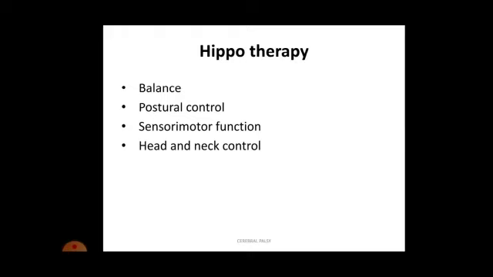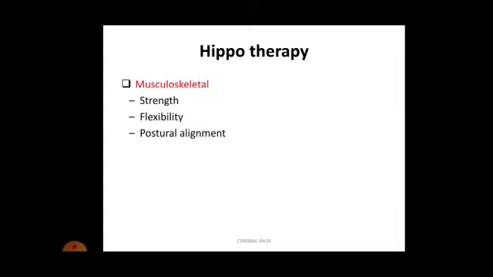Now as the horse is moving continuously, you have to adjust your posture, so that will also develop your postural control. You are getting sensory motor information continuously. How that works, we will understand in the next slides. And definitely as it is giving anti-gravity control, you have to maintain your head and neck position. Clear? So your control of head and neck will also increase. So there are various benefits to different systems of our body.